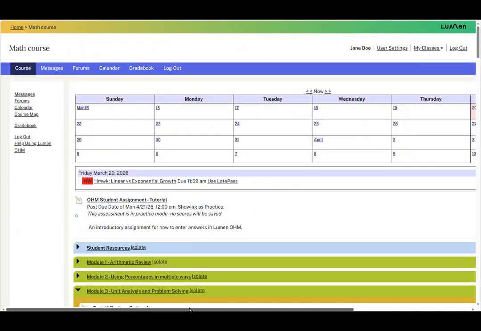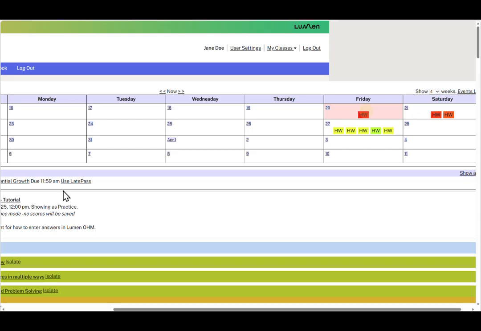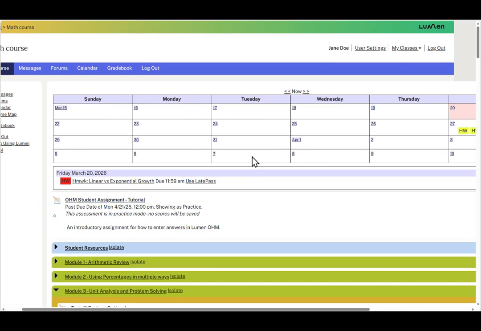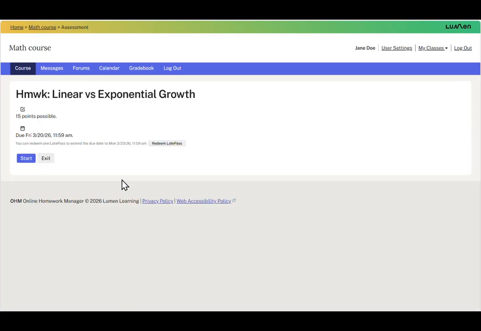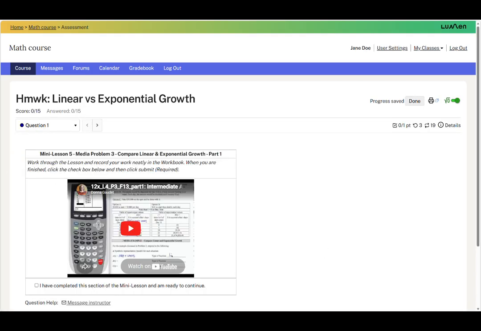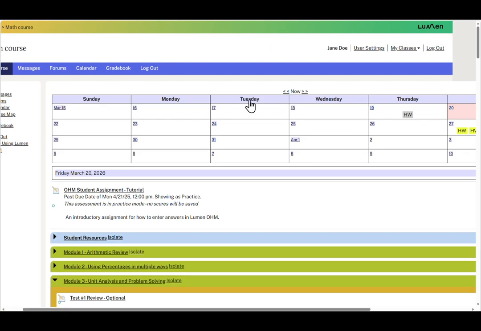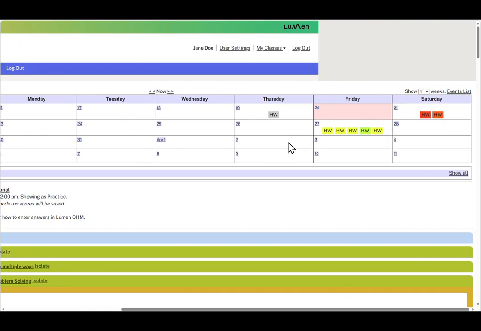Alright, so I'm going to work on the homework assignment that is due by clicking on the actual assignment name here. And then I'm going to pause the video, and after I work on this homework assignment, I will show you some of the gradebook functions as well. Okay, so I have worked on 2 different homework assignments in this course,